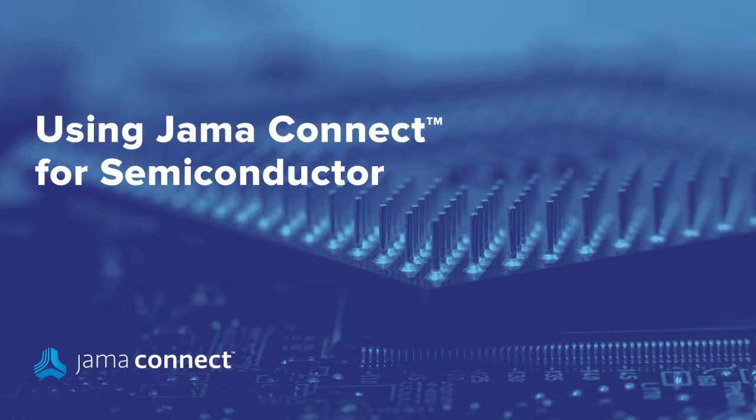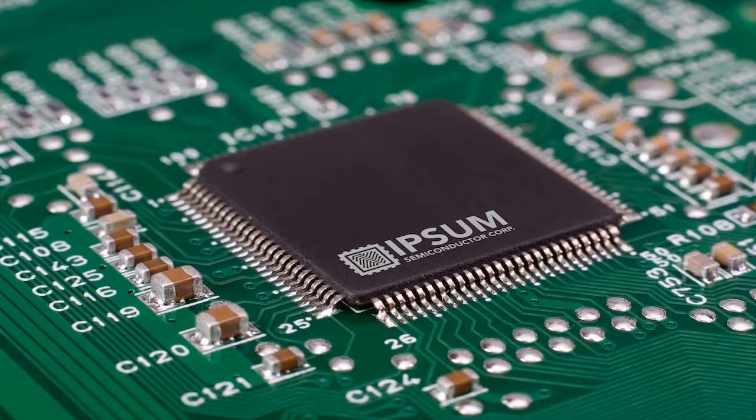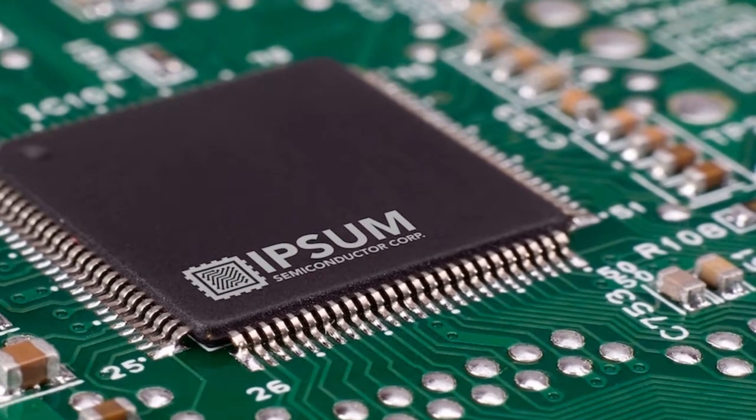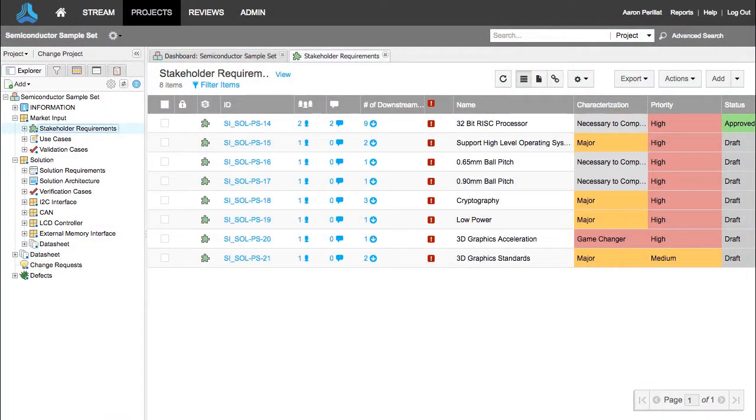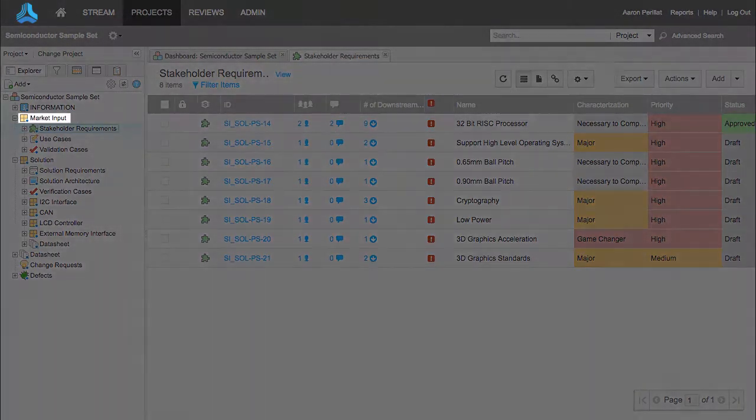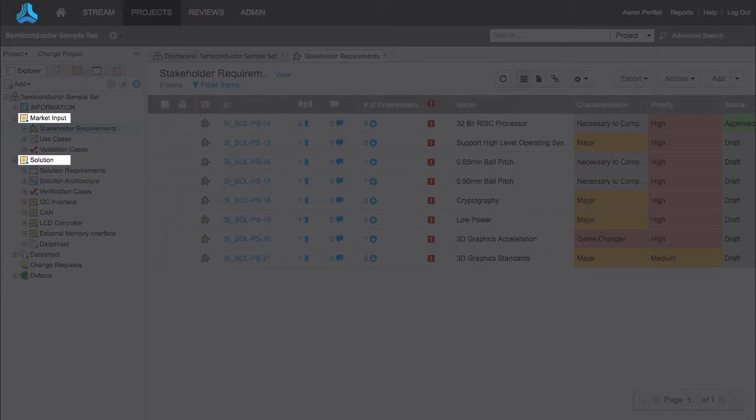In this demonstration, we'll walk through an example use case of how Jama supports requirement and specification management in the context of microchip and SoC designs. Jama is the centralized requirements repository, the hub of the development effort across multiple teams, and here we've set up the project to capture the contents of the market requirements down to the technical details of each of the individual